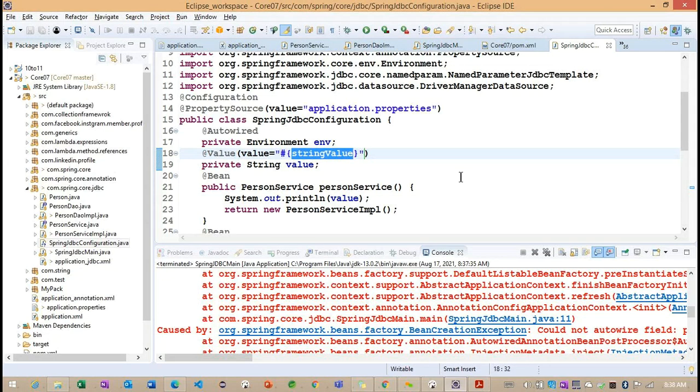Other than this, any other questions? With the property file example or without property file example, how did we identify it here? Let me know if anyone has any questions.